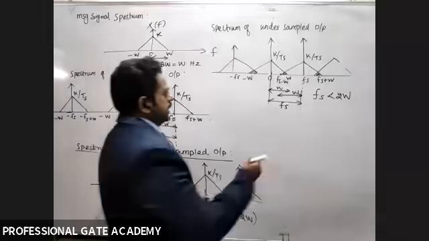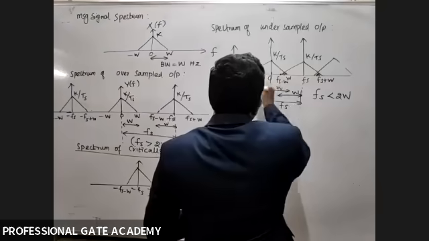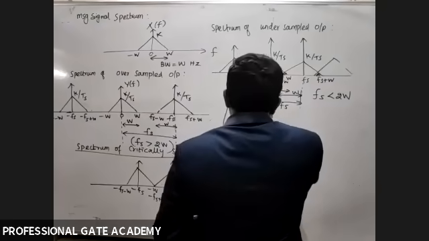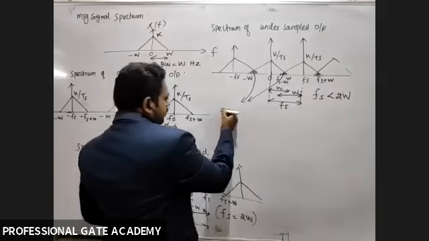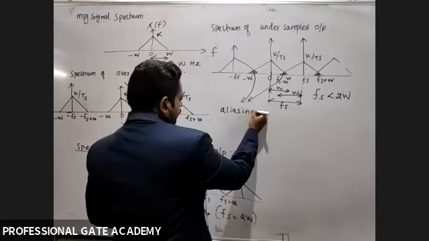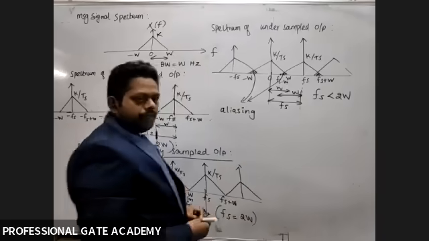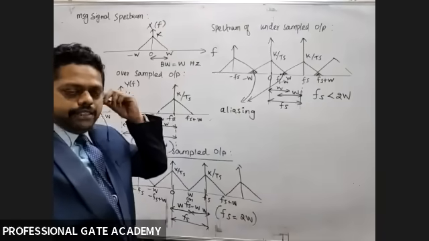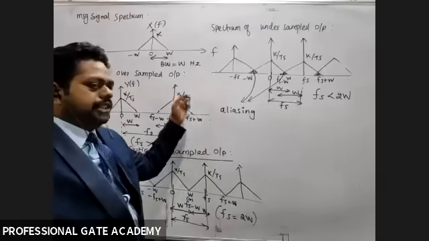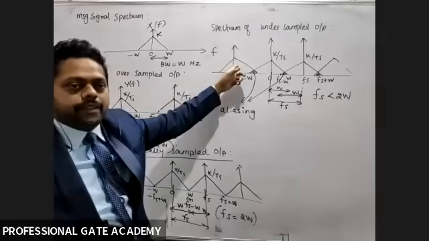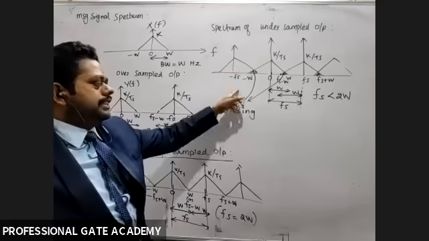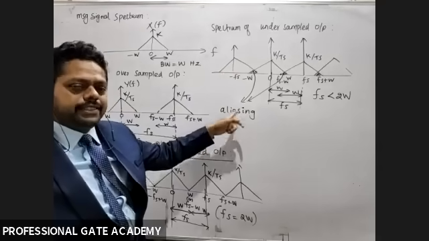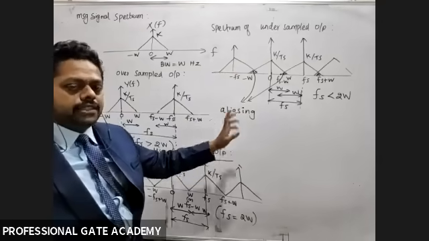Yes, this overlapping of adjacent spectral components, that effect is called what? Students, have you studied aliasing? Message signal loss. Aliasing. So aliasing occurs in which sampling? Does aliasing occur in oversampling, critical sampling or undersampling? Undersampling. The aliasing effect occurs in undersampling. Due to this aliasing effect, the message signal cannot be reconstructed. That I will explain.